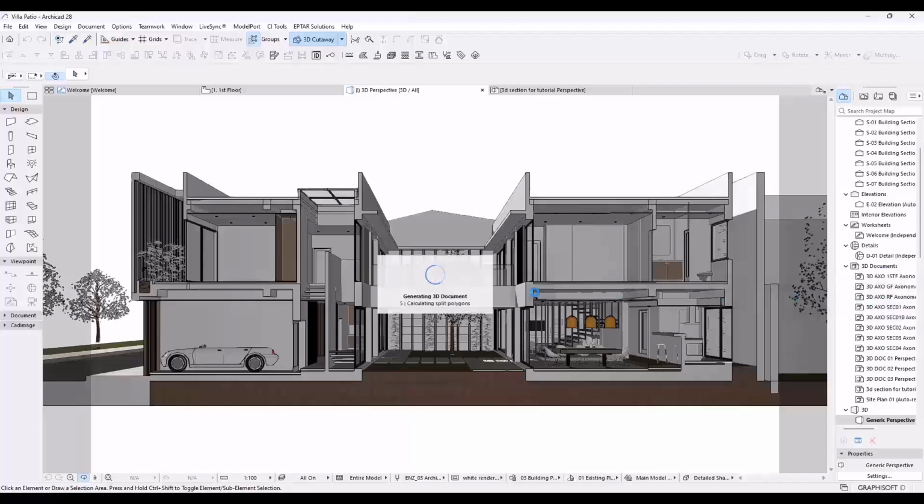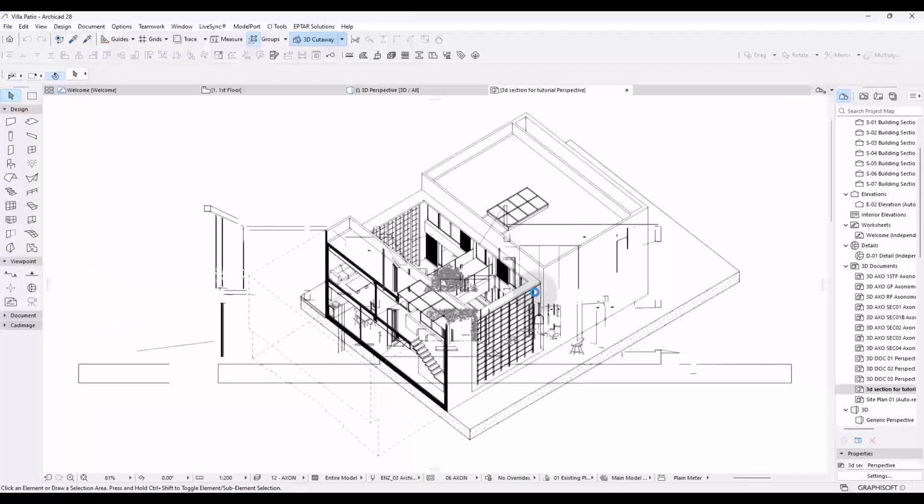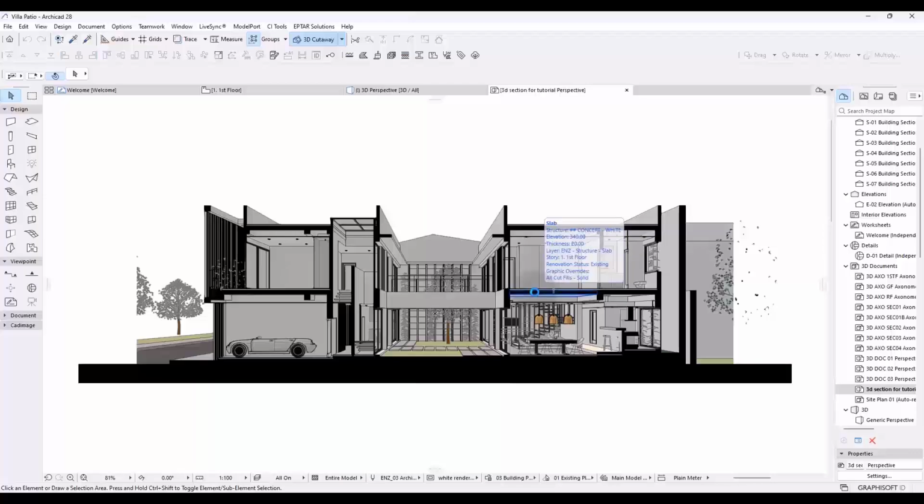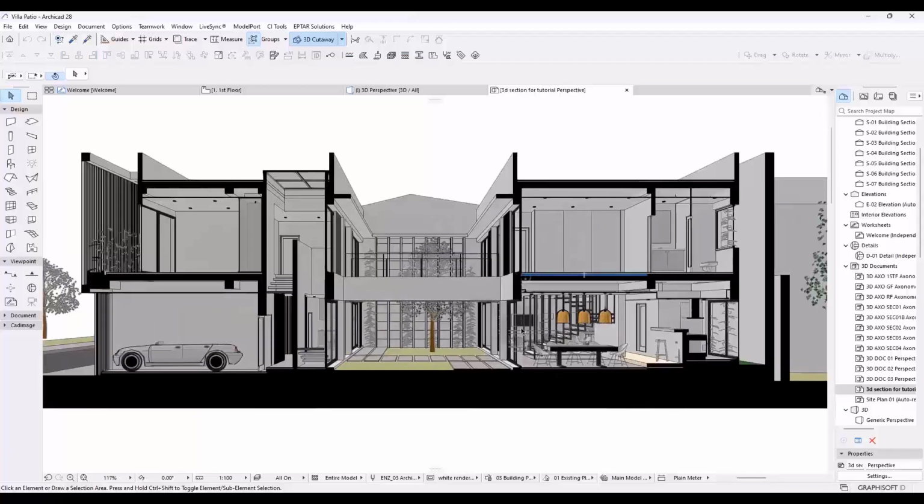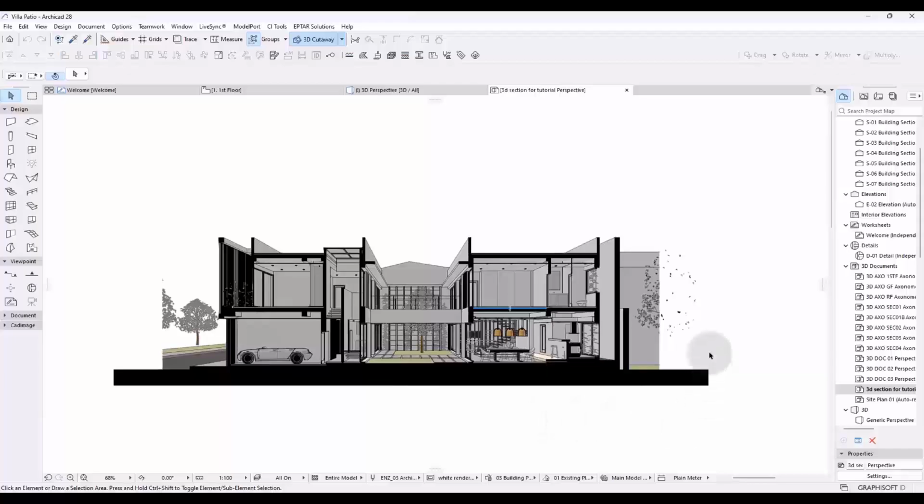Alright, so Archicad will take some time to calculate it because it's going to project it as a 2D. It's kind of the way we have sections, the way we have elevations and other stuff. And yeah, here we have this really beautiful looking thing that was requested. I believe this is the kind of thing he was asking. How do we do this on Archicad? So I'm going to take this one extra step up, and what I'm going to add to this is,